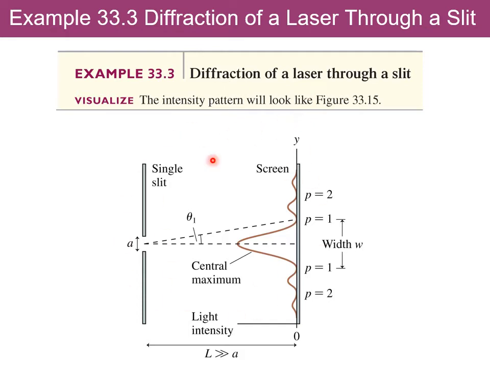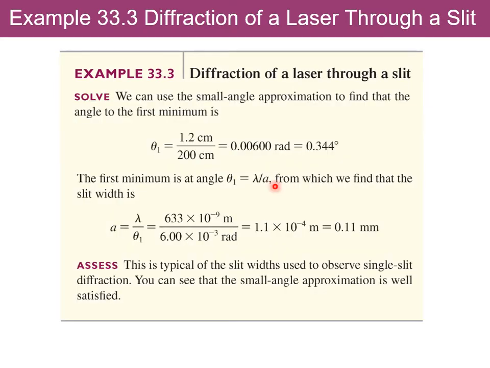Here is a sketch of the situation. We first apply the small angle approximation to find that the angle to the first minimum, θ1, is roughly tan θ1